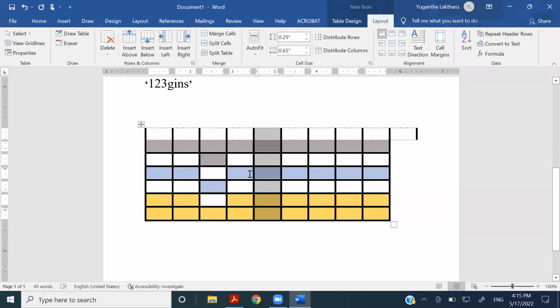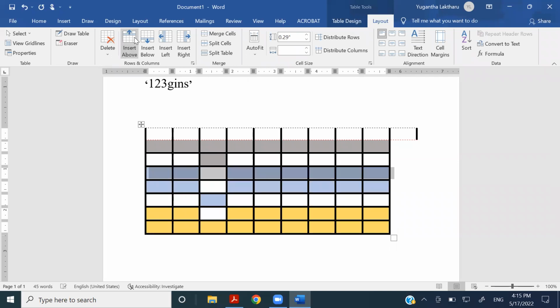All right, and insert above, insert below, right? So likewise, rows can be easily updated. So likewise, you can change your table, right? And you can make a nice output with the help of these borders and all these things, right? And over here,